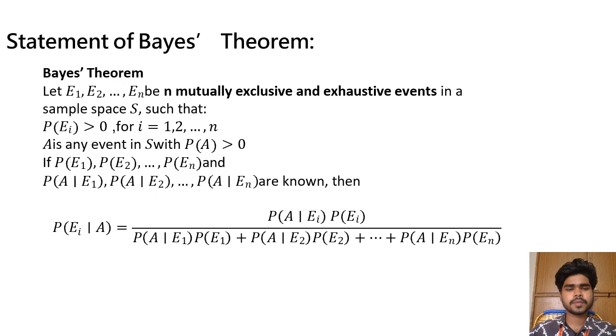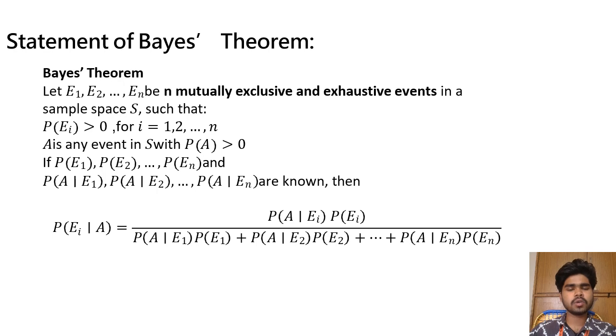Statement of Bayes theorem. Let E1, E2 up to En be n mutually exclusive and exhaustive events in a sample space S, such that P(Ei) > 0 for i equals 1, 2, 3, 4 up to n. A is any event in which P(A) > 0. If P(E1), P(E2) up to P(En) and P(A|E1), P(A|E2) up to P(A|En) are known,